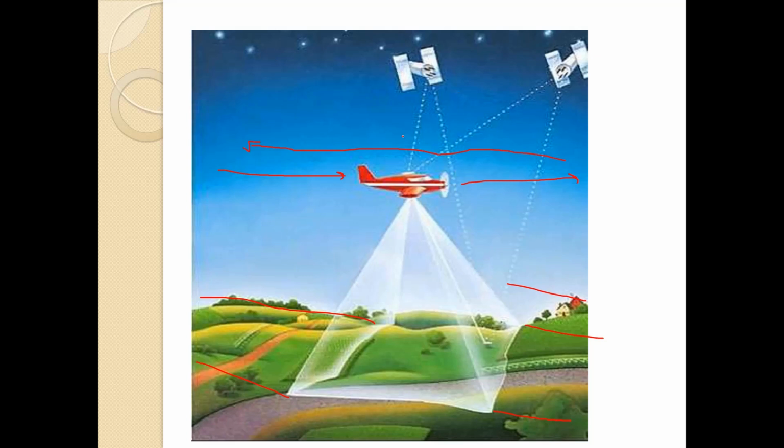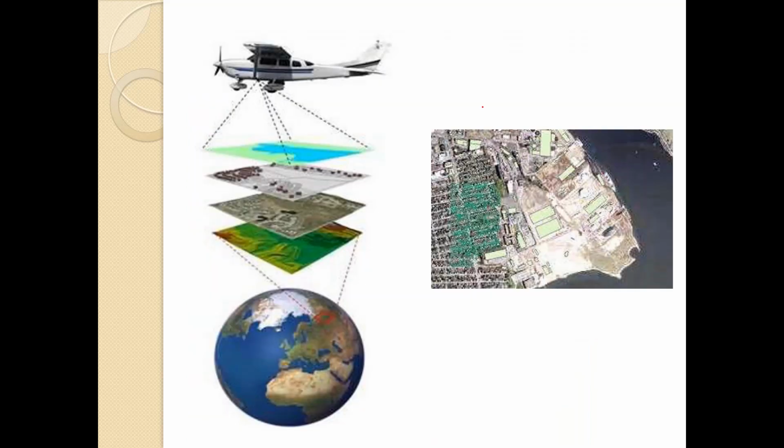Here you can see that it is connected to a satellite, and it sends the data to a command center for processing. By processing we get maps like this. Here you can see another example. You might have seen Google Maps or Wikimapia, where these kinds of pictures can be seen. Those are mostly taken from satellites, but photogrammetry works the same way.